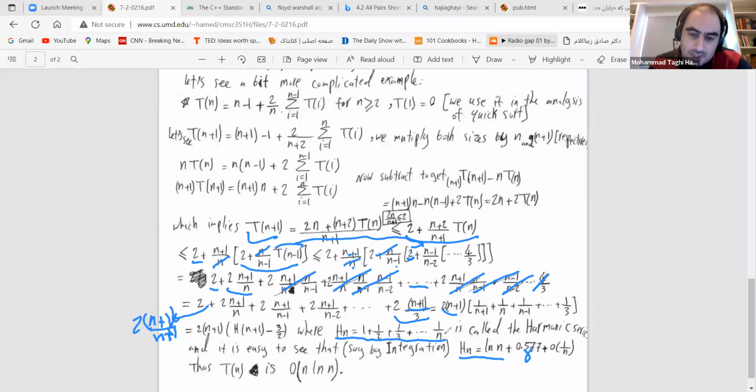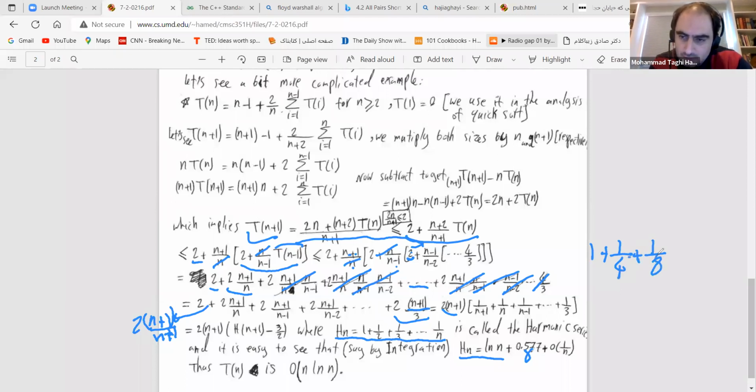We can actually approximate it by integration. We will talk about it in the next session, how we can do these integrations and get a formula out of it. But this is the exact thing that you can do. So h of n is equal to this. And we will also talk next time about when we have 1 plus 1/4 plus